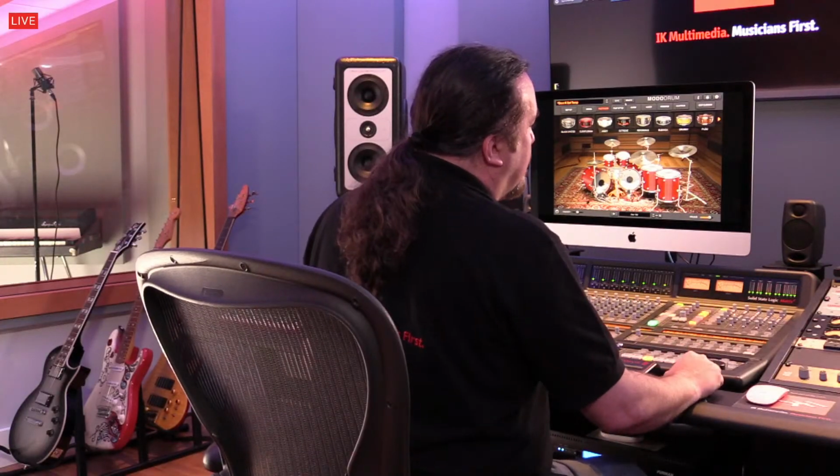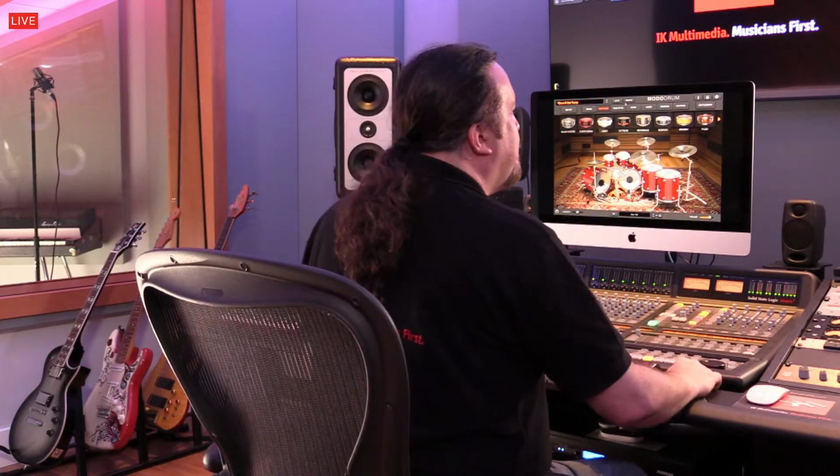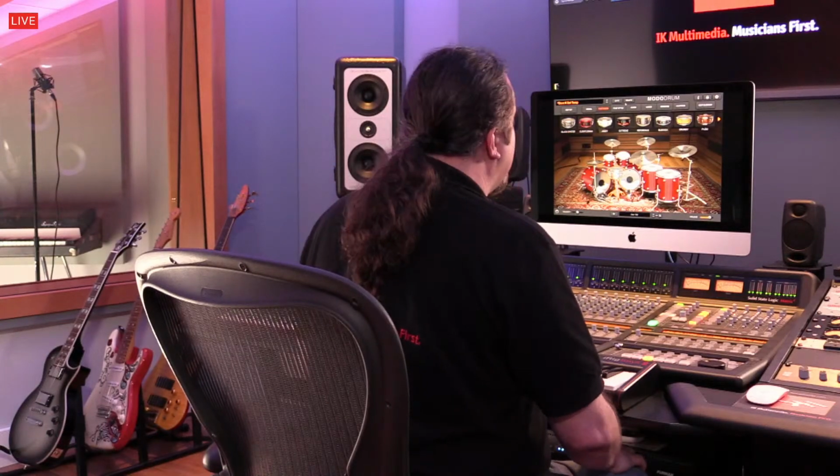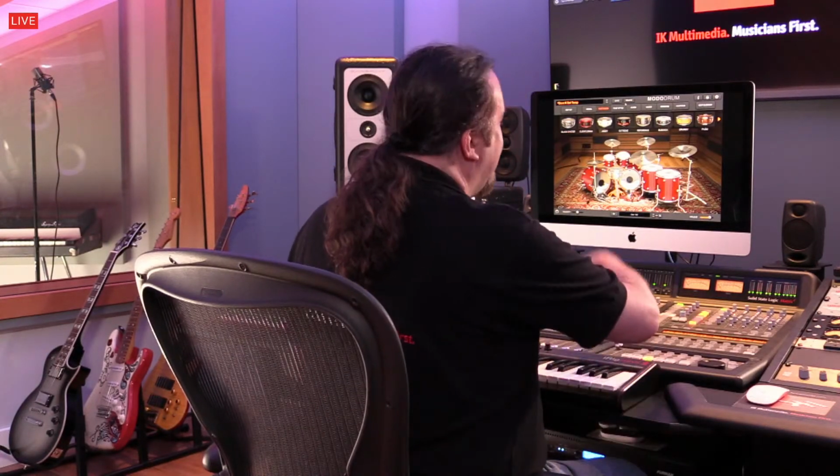Hammond B3X is the de facto standard. It's the official, Hammond-sanctioned plug-in version of that amazing organ. But even besides that, it's just a really good representation of it. And we're going to do an episode based on that as well. I have a Hammond here too, so we'll fire it up and get a little hands-on and have some fun, because this is a cool studio, isn't it? The new IK studio is called Sunrise Studios, because it's in Sunrise, Florida, but it's also on the East Coast. It happens to be Sunrise, the city,